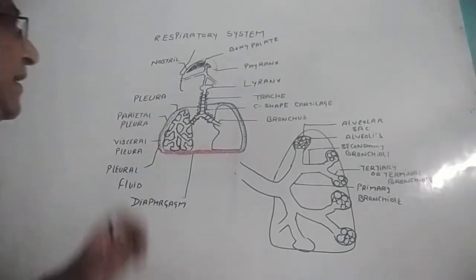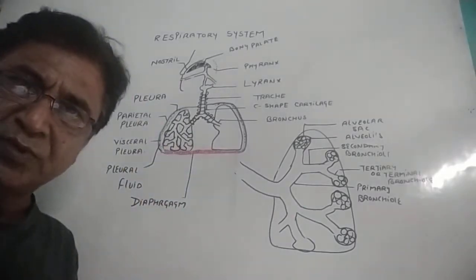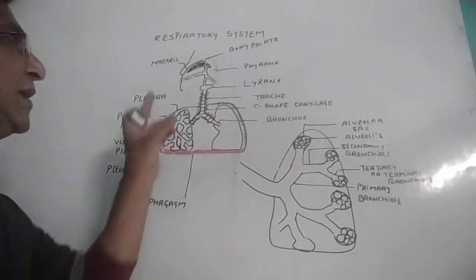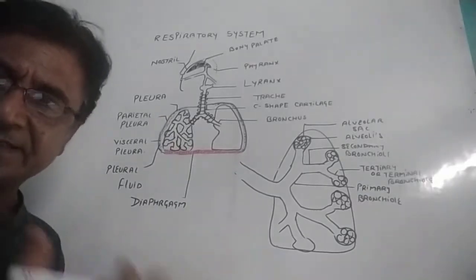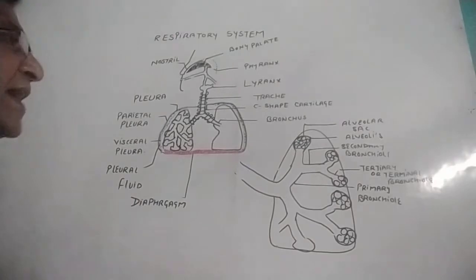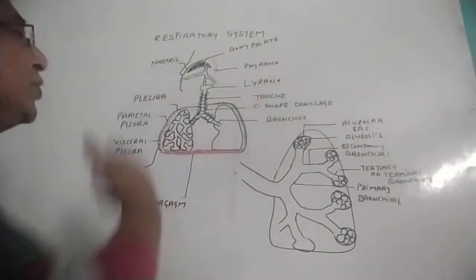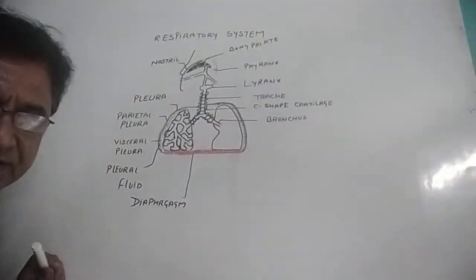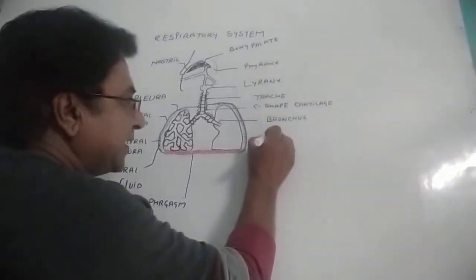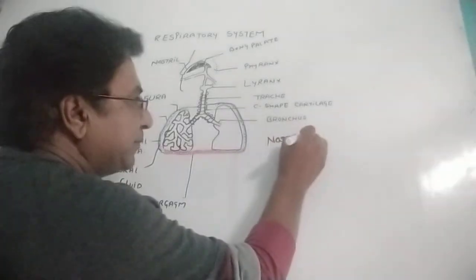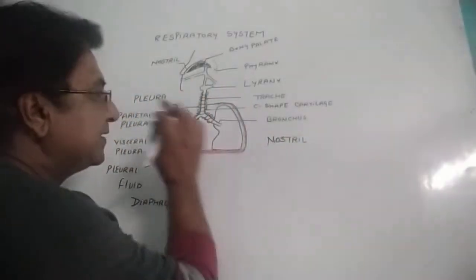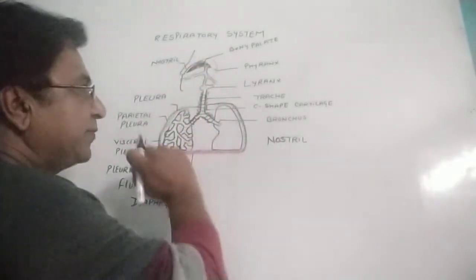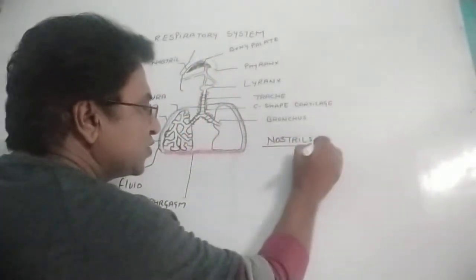To know every part's function, the first work is to know the parts of the respiratory system. Correct? Then one by one we'll go into each part and discuss their functions and specialized properties. Let's go into the nostrils. So the first part is the nostrils. Above the mouth there is the nose, and in the nose there is a two-cavity structure. The cavities are separated by the bony palate. These are called nostrils.